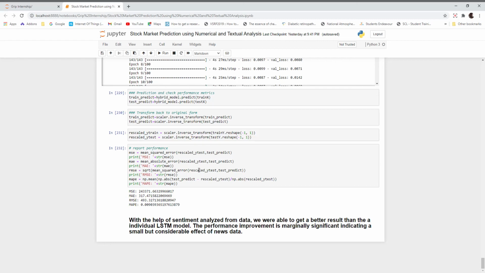With this, we can conclude that with the help of sentiment analyzed from the data, we are able to get better results than using only the individual LSTM model. The performance improvement is marginally significant, indicating a small but considerable